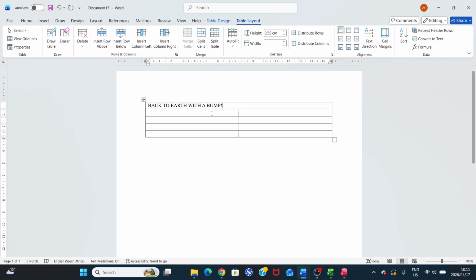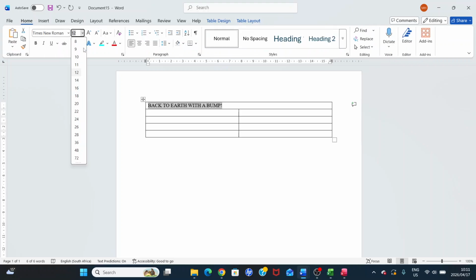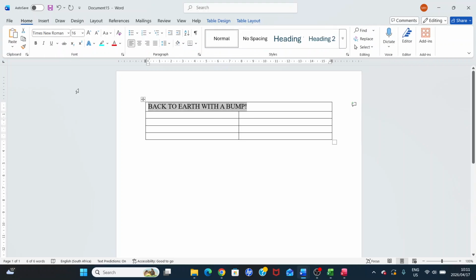All right, then it says the font size for the title should be 16. So I'm selecting it here and I'm changing the font size to 16. It should also be bold, and we are going to center the title. Now, there's something that I didn't include in this instruction, and that is create a 6-point space before and after the title so that it doesn't look so cramped. On the image, you will see that it looks like there's a little space above and below. So let's insert those spaces.